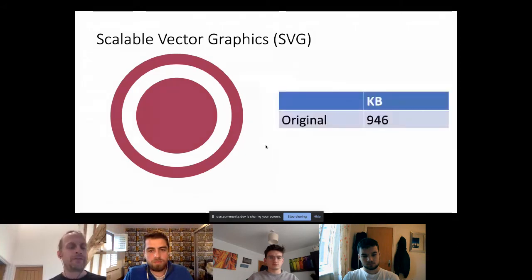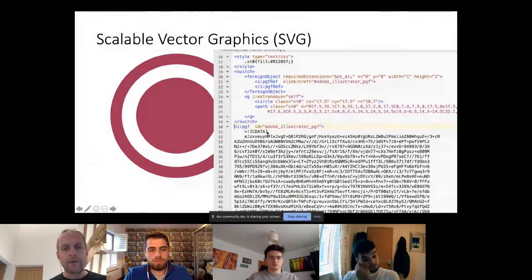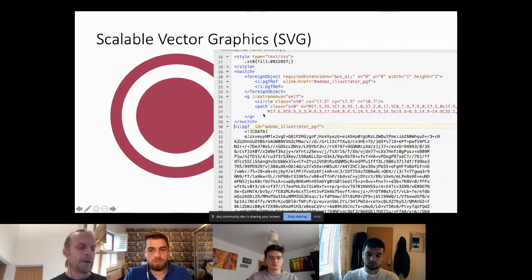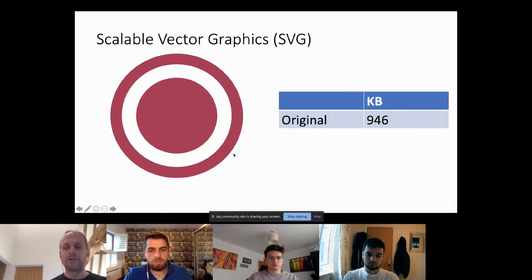So this file is on this web page and it's 946 kilobytes. If I click right here and drag to the bottom and then delete it and resave it, 1 kilobyte, right? This mistake here is costing 945 kilobytes every single time somebody visits the web page. They actually have 2 of these images on the web page. They have a red version and an orange version. So it's actually costing like 1.8 megabytes of just garbage that everyone is paying for to download, making the page